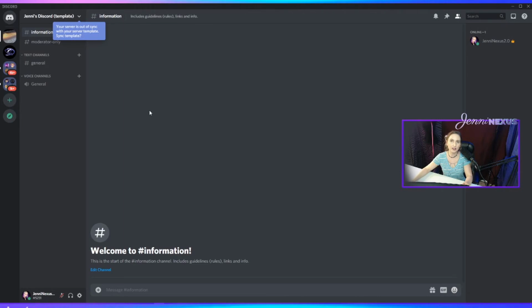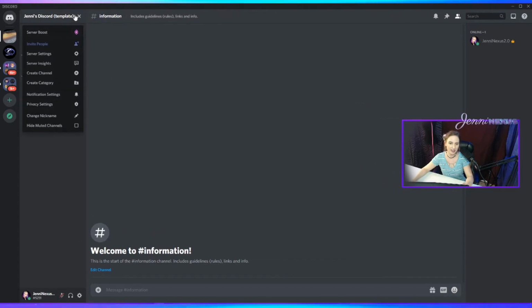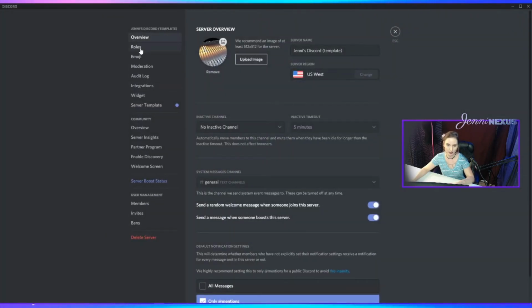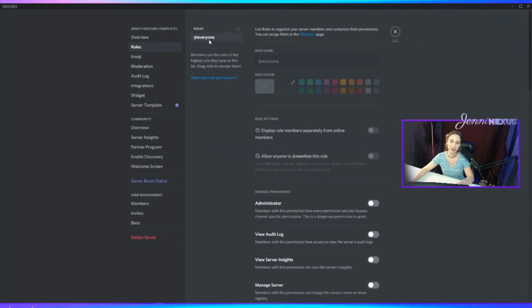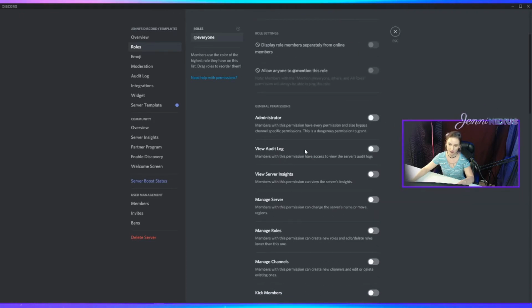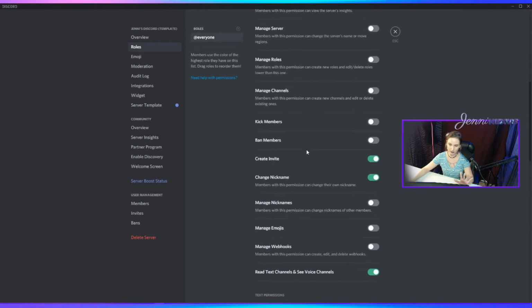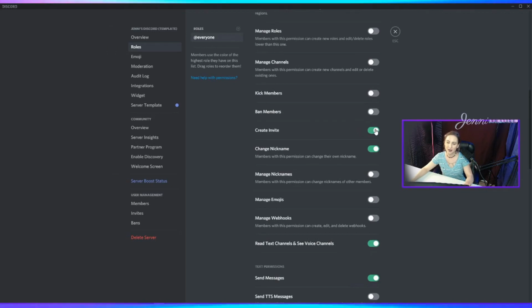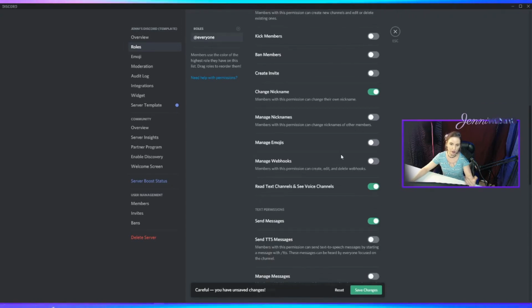So what I like to do, instead of changing the permissions for every channel, is make sure that the global settings for your permissions are correct and just the way you want them. Come up here to your server settings, and then come down here to server settings, and then roles. And under roles, just make sure that under everyone it says... Basically, everyone cannot do most things. I like to make it so that there's only one invite, the invite that I make. They can change their nickname. Brand new people, everyone can change their nickname,